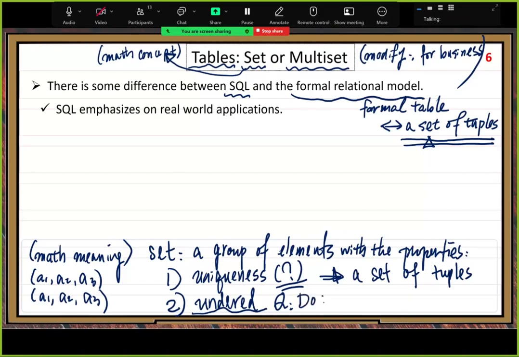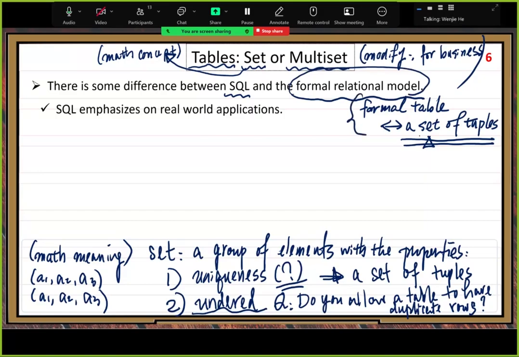Do you allow a table to have duplicate rows? Okay? Yeah. Because if you keep the meaning from the formal relational model, a formal table must be a set of tuples. Yeah. If you keep that,